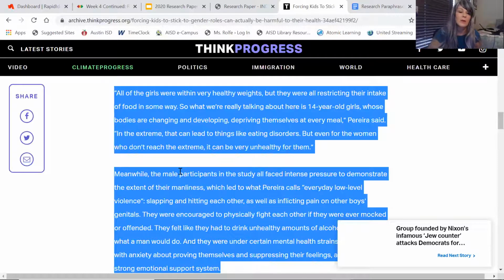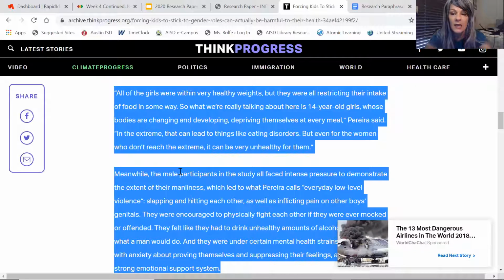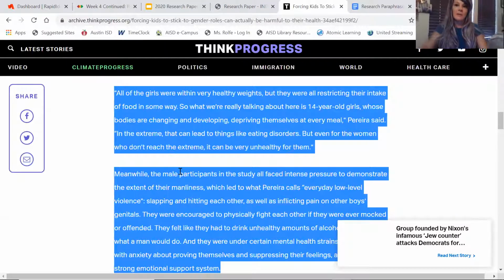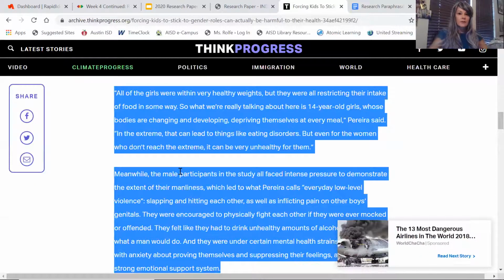What I do for this technique, and usually you do read, flip, and write with hard copies of things, and then you read it and flip it over, but we are now in a digital age, so I am adapting this for at home. I'm going to read over my paragraph a couple of times to internalize what the information is.